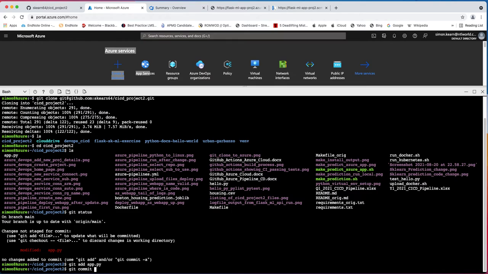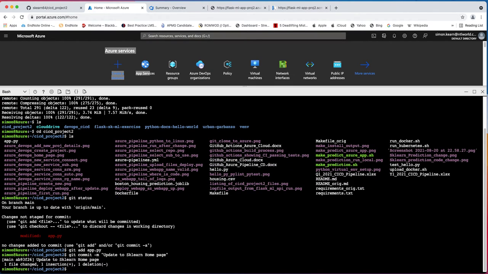and then a git commit -m "update to sklearn homepage", and that's told us that one file's changed. So now we're just going to push that up to the GitHub repo. So we do a git push,